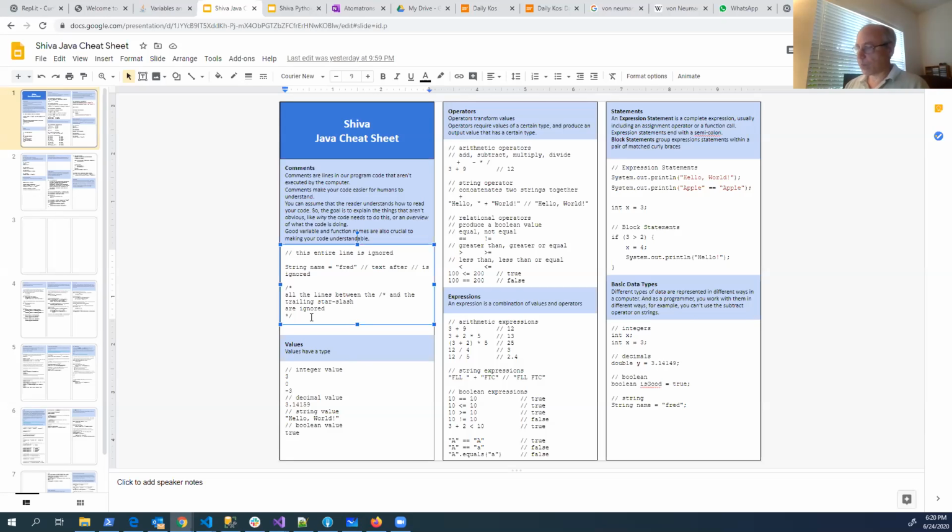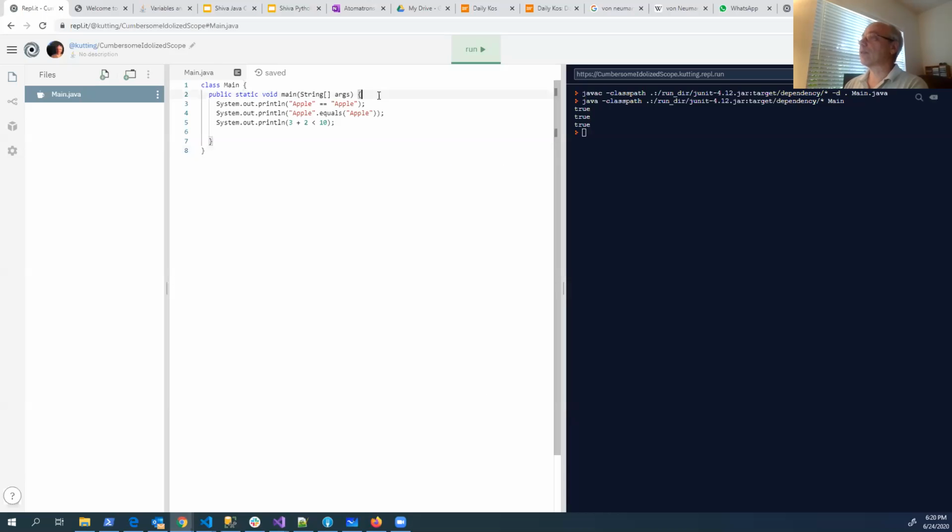So in Java, we can use 2 forms of comments. We can either use this // form or the /* form. So we can come over to Replit here. We can do something like print out something.